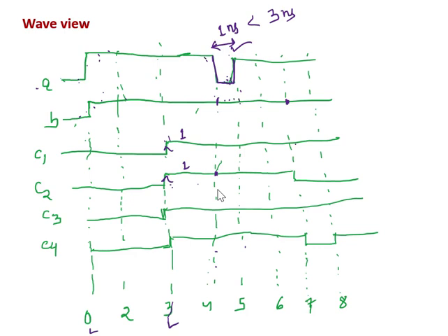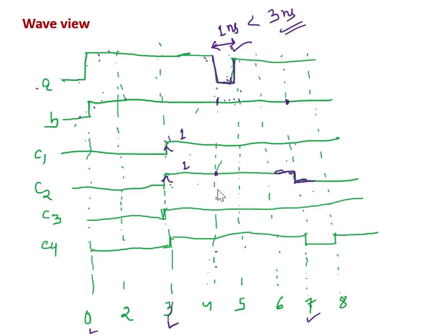0 into 1, it will be 1. But when that 1 will be reflected at output, it is after 3 nanosecond. So I should get 0 after 7 nanoseconds. See, this transition 1 to 0 is at 7 nanosecond. But in case of C1, because this delay was less than 3 nanosecond, it was filtered out, it was never considered. But in case of C2, this intra assignment delay was considered.